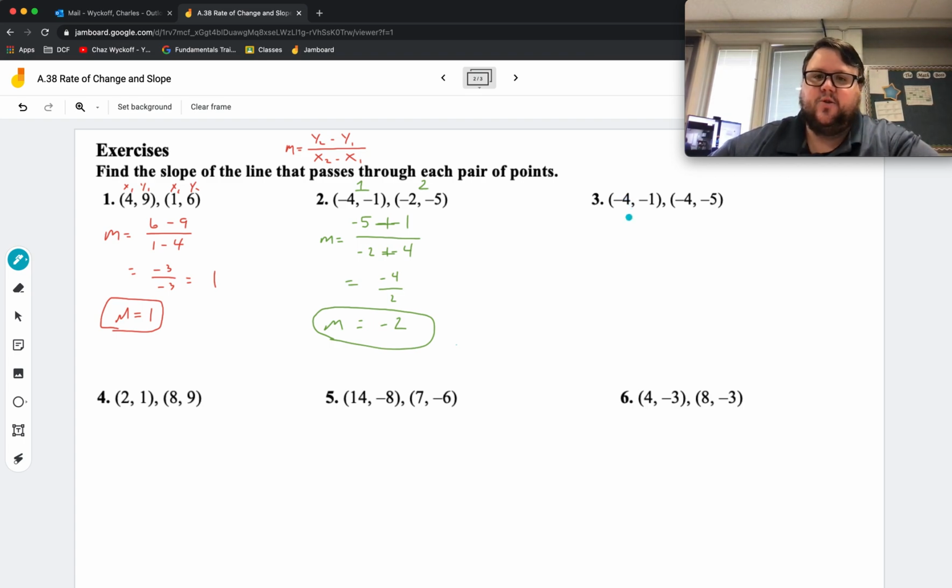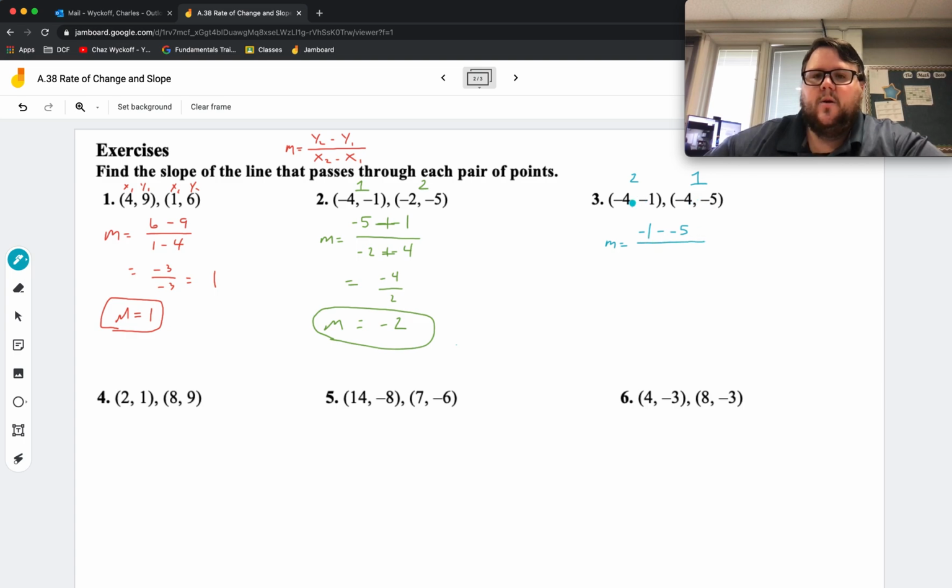I'm going to go ahead and do number 3 for you guys. I'm going to put a 1 above this guy. Actually, I'm going to do it a little bit backwards. I'll label this guy 2 and this guy 1. And the point is, I want you to know that it doesn't matter which one you label x1, y1, x2, y2, as long as they're grouped together. So m equals y2 would be negative 1 minus y1 is negative 5